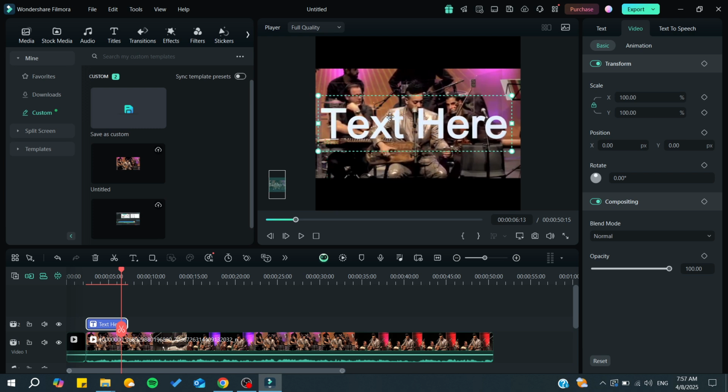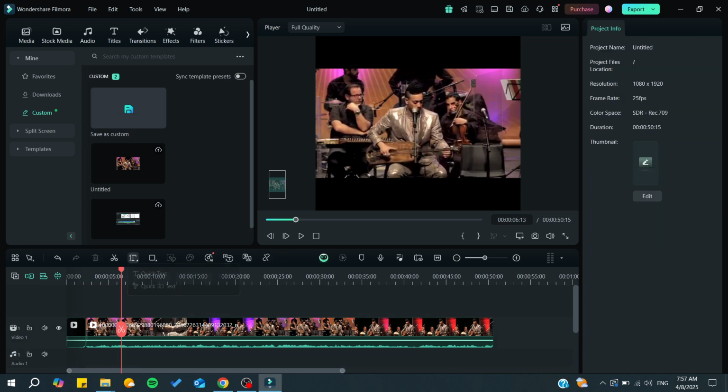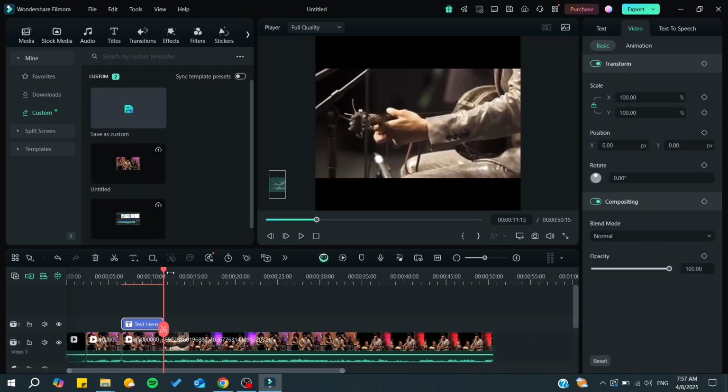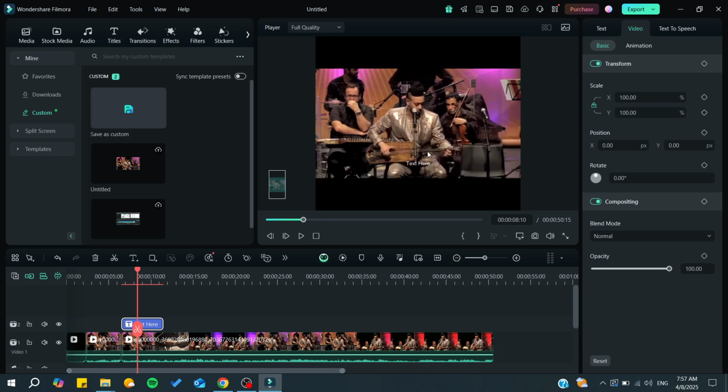So I'm just going to stick with regular text now, and basically this one would allow you to add animations, etc. So I'm just going to make our text here, and I want it to be bigger, and basically let's just make it somewhere here. You can, for example, put your text here,